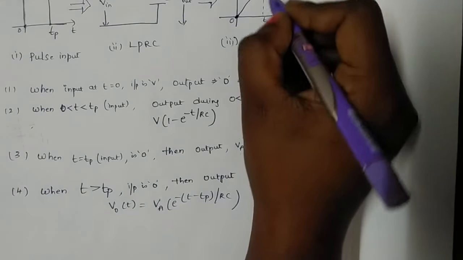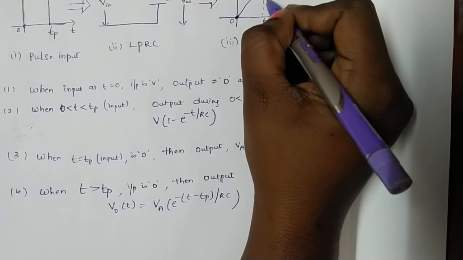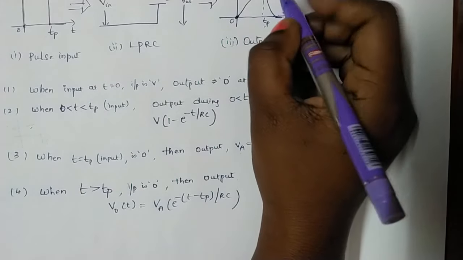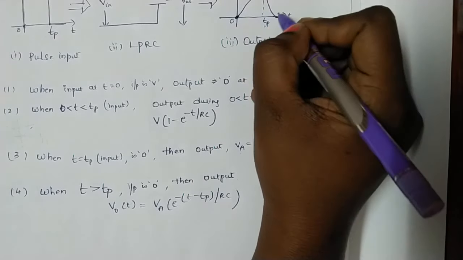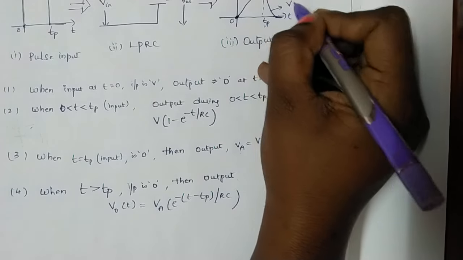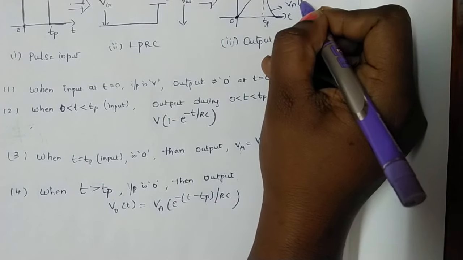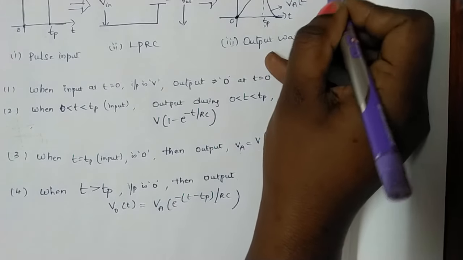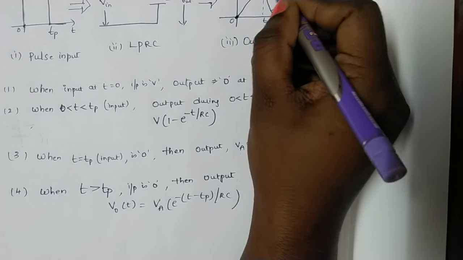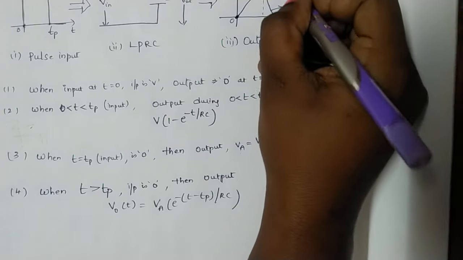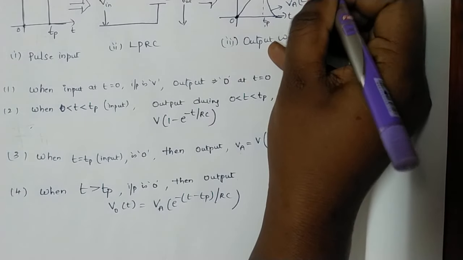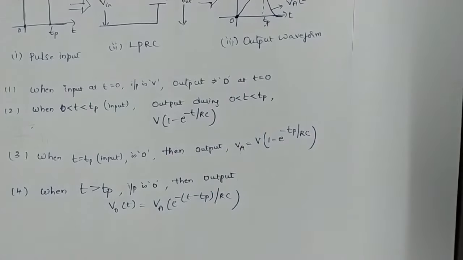We already know that. Now the capacitor will start gradually decreasing. It will start decreasing exponentially. Now this expression is Va into e power of minus (t minus Tp) by RC. The amplitude of Va is equal to V into (1 minus e power of minus Tp by RC). Okay, you all can understand now.